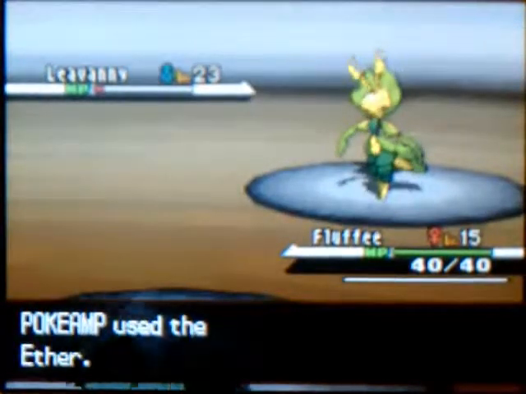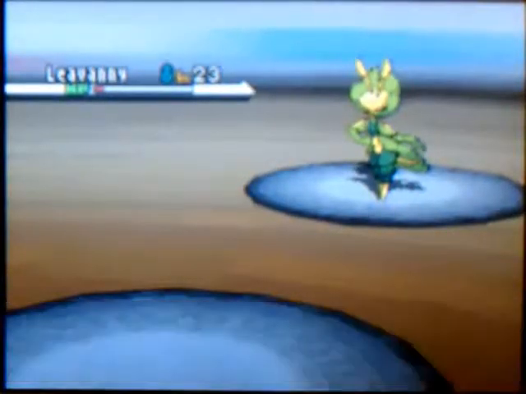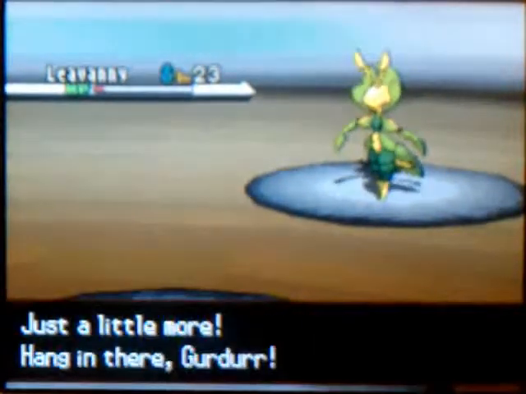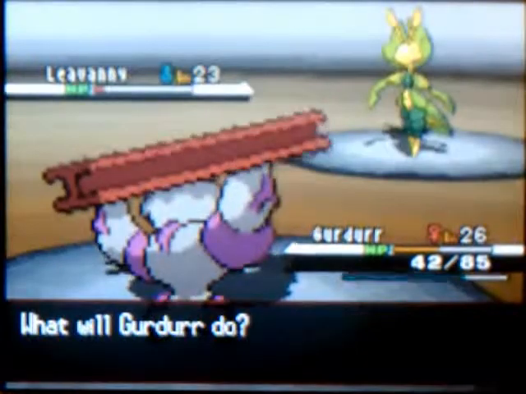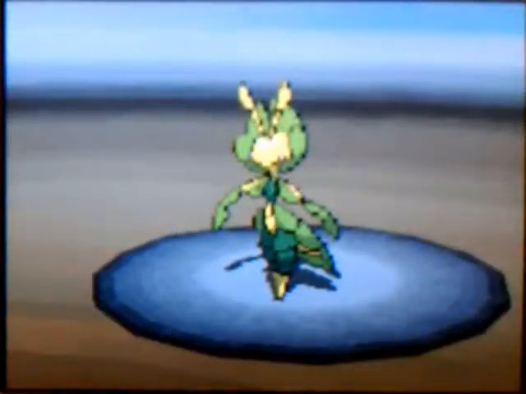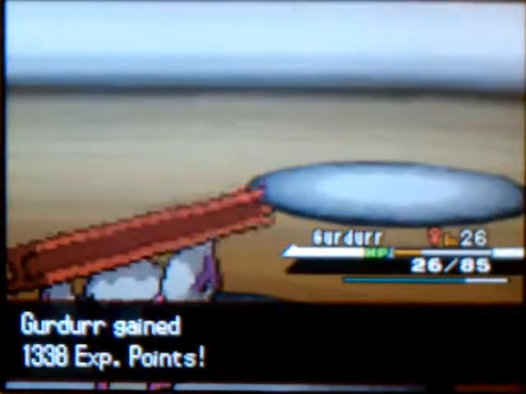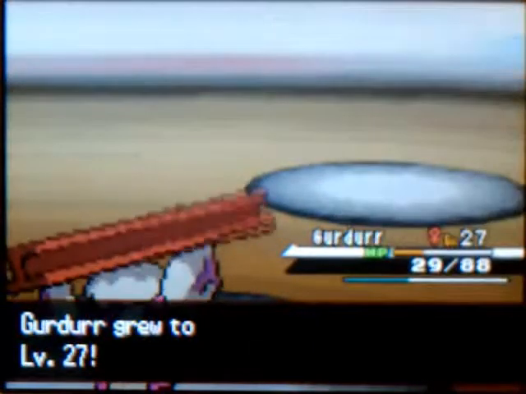I'm probably going to use... Oh, there we go. Alright, finally I'm using my brain and healing up my Gurdurr. Probably using that revive that I found in the Battle Company, and then using the Ether to rekindle some of the PP for Rock Throw. I'm pretty sure this doesn't even come close to taking it out. Although, yeah, Razor Leaf is by far its best attack, considering Struggle Bug's kind of a weak attack. So, there we go. I finally take out Liavani. I keep on messing that up, but...